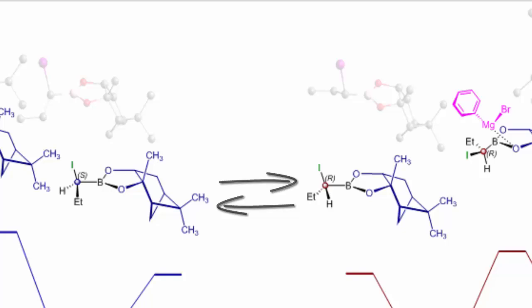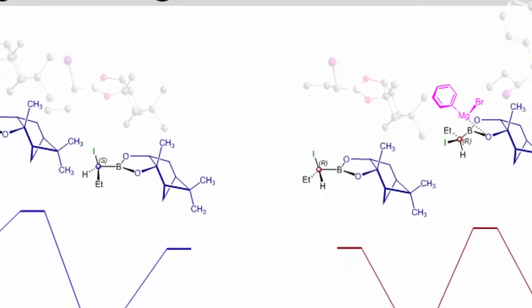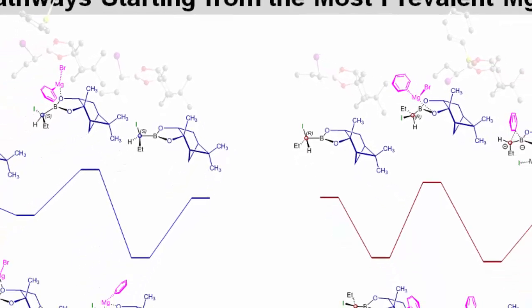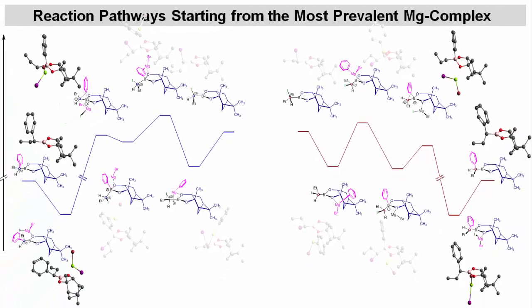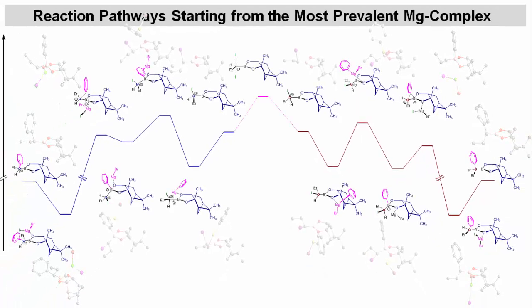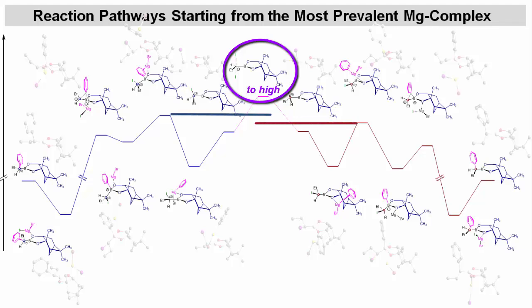However, the NMR was recorded at room temperature, and this reaction happens while allowing the reaction to warm up from -78 degrees Celsius to room temperature. So, based on the reviewer's suggestions, we did some more calculations, and those showed that this isomerization pathway can't be the connection we are looking for. All isomerization barriers leading from one iodide to the other are predicted to be higher than the ones leading to the ate complexes. Therefore, continuing on the reaction pathway towards the substitution products would always be faster than switching routes by isomerization.